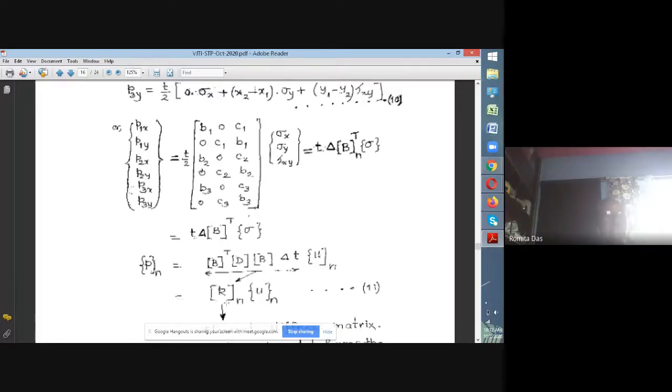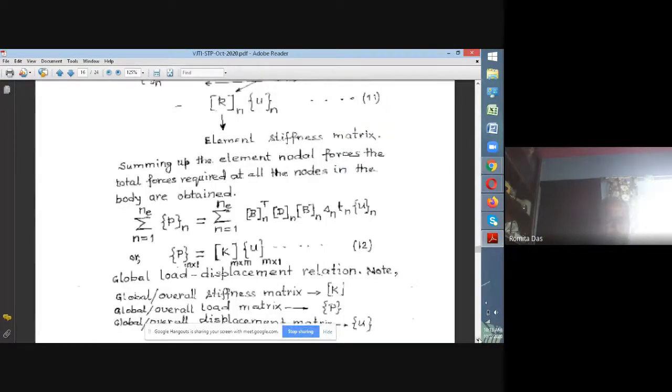Since it is a case of 6 degrees of freedom, when you have a single spring, single degree of freedom, P load equals stiffness into displacement: one load, one displacement, so it is a one-dimensional equation. Whereas in the case of the triangular element, you have 3 nodes, but 6 directions of displacement, and therefore you have to apply 6 loads which will give rise to 6 displacements, which are interconnected by the stiffness matrix, and this is called the element stiffness matrix. It's a triangular element, its stiffness matrix is K. So that's what it is.